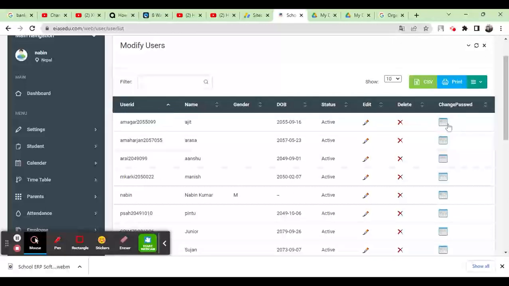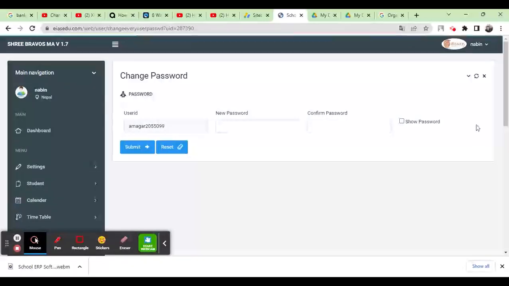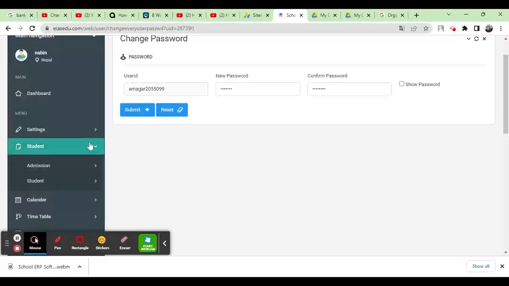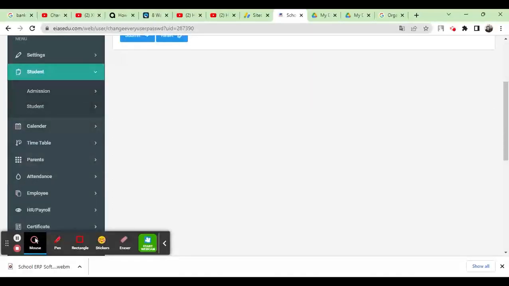What they have to do is go to that user's row and simply click on change password. Here you can find the new password, confirm password, and show password. This will show the password, and once it is disabled it will appear like this. So you can change the password, and once the password is changed,